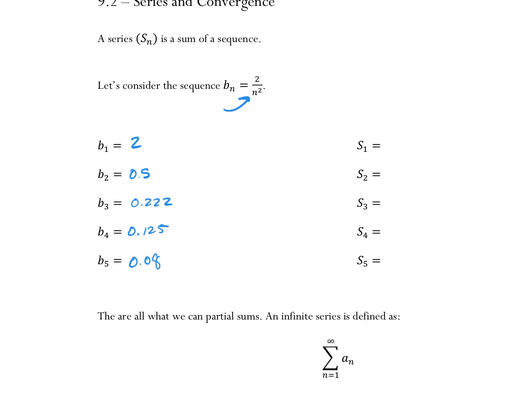Okay. All right. So you guys, this is the sequence. The series is the sum as we go. Okay? So S1 would be 2. If I ask you to find S2, I'm basically asking what is the sum of the first 2 terms, which would be 2.5. And then the sum,